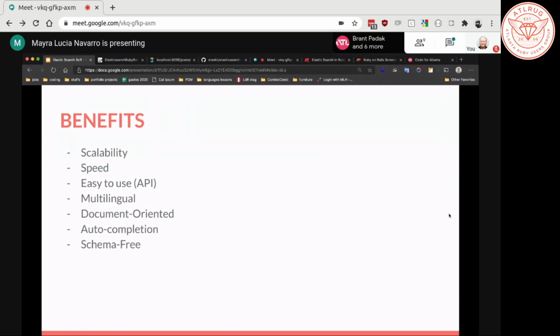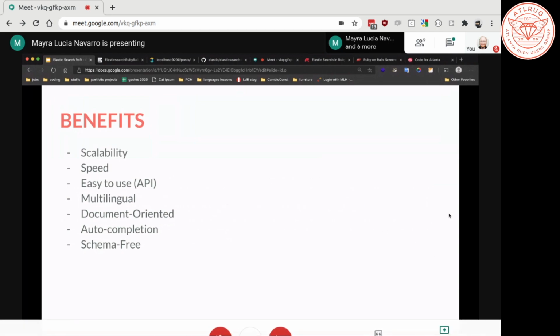Why is this? Because you have scalability. You can start with a small project and then include clusters or also nodes to make it better as it gets big. Well, it gives you speed.